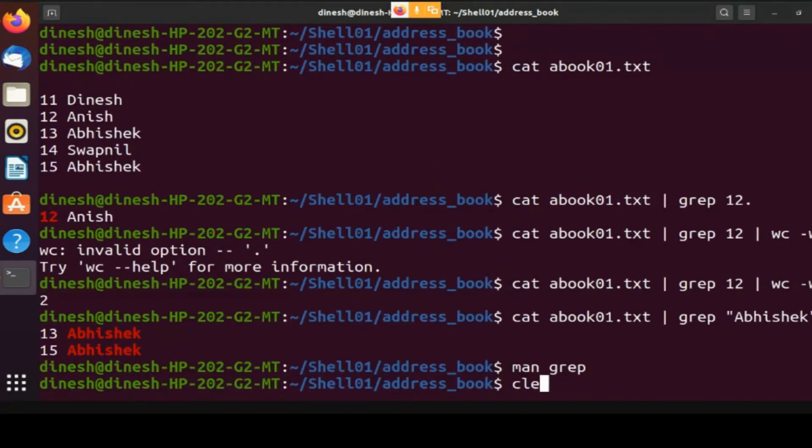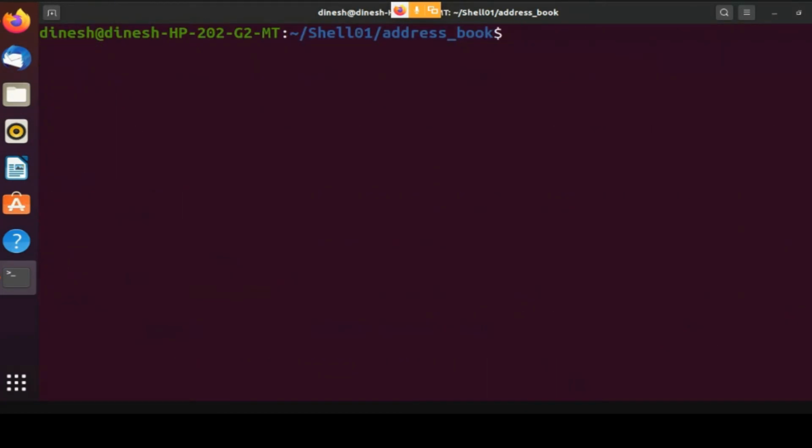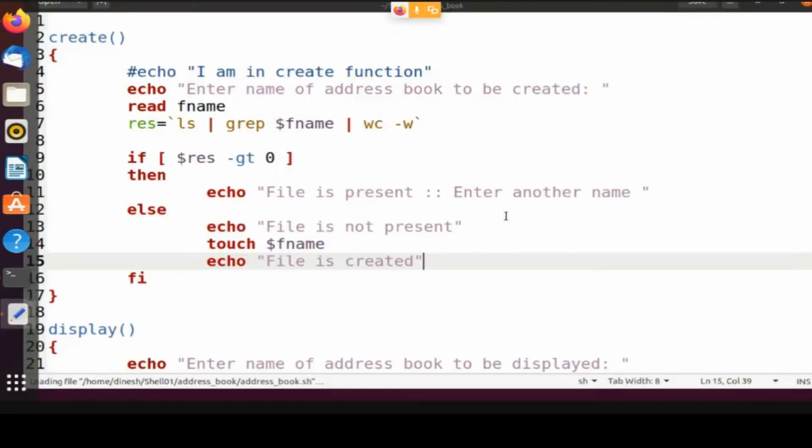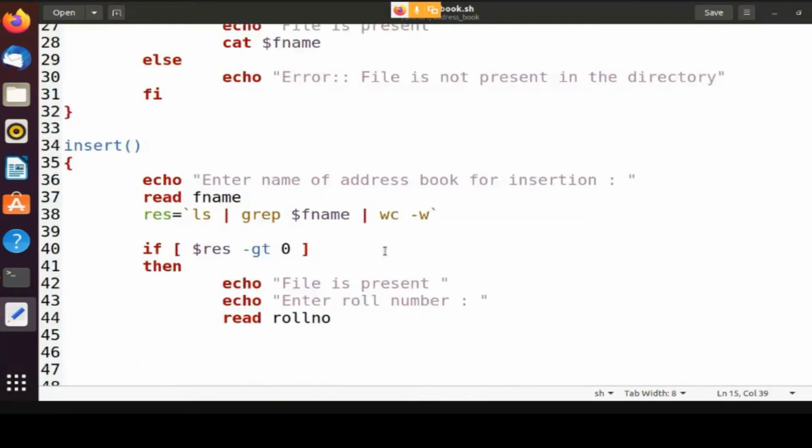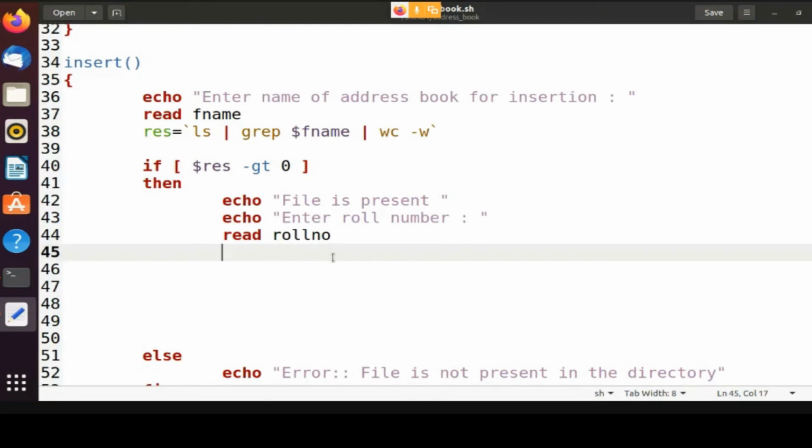Right now what we need is almost the same logic, where we can find the file. So instead of ls, I'll just say cat. Let's say roll res is equal to cat dollar f name, which will display the file, and grep dollar roll number.